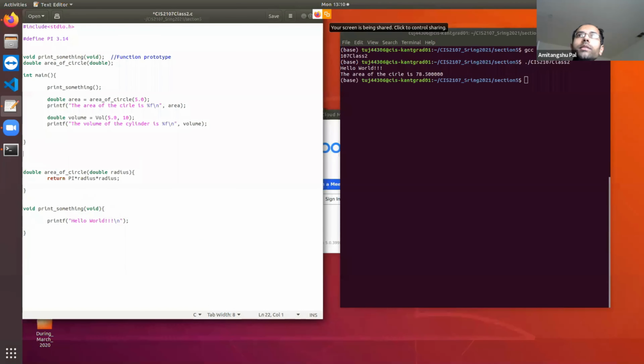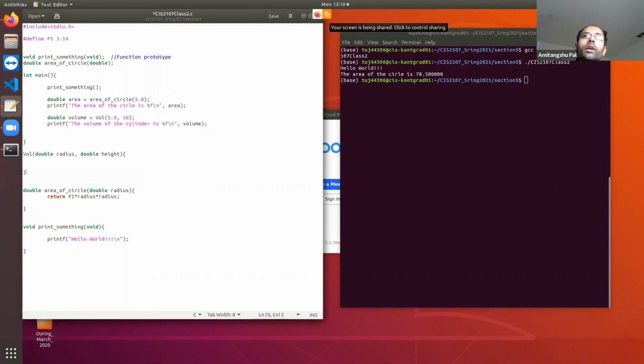So let's write this function. Call Val is going to take two arguments. First argument is the radius, second argument is height. Let's assume both are of type double. So double radius, double height, and the return type is double as well.